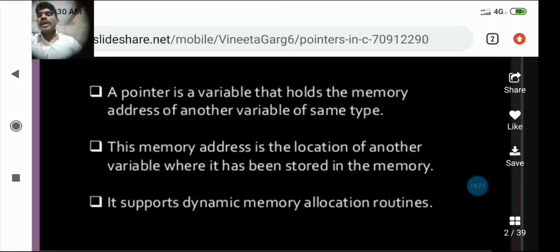Okay. Let's suppose dynamic memory allocation routines. What is the meaning of dynamic allocation? Dynamic is nothing but memory being allocated dynamically. We are not declaring it. For example, take an array. The array size is x equal 10. Just imagine an x array with size 10. Now we are declaring it statically.